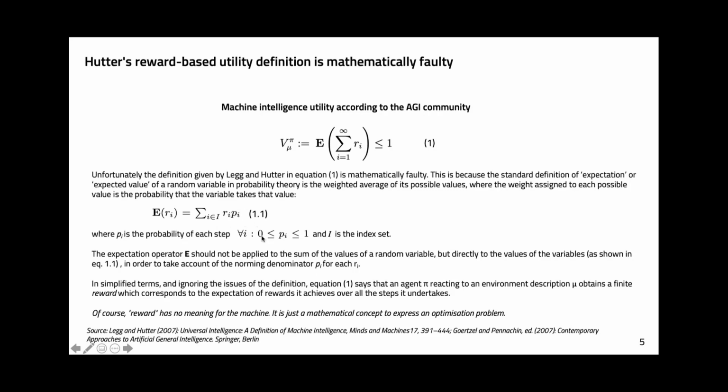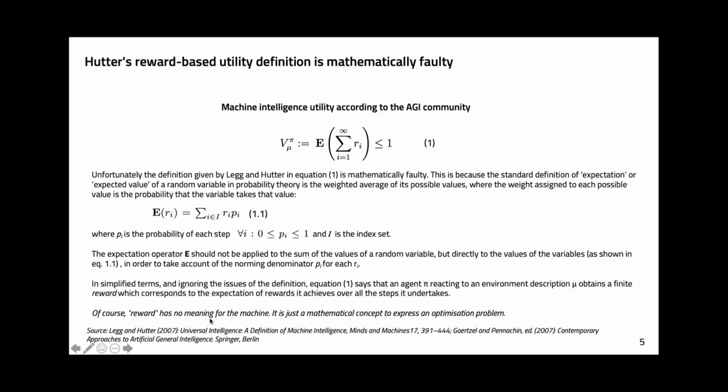So pi I is smaller than 1, and therefore it's a denominator, right? If you multiply by a number smaller than 1, it's the same as dividing by this number. So usually you need a denominator, and if you don't have one, you cannot get the sum below 1, of course. This is just mathematically silly. But they've published it, and the reviewers have accepted it, and it gets cited hundreds and hundreds of times. I'm astonished. But anyhow, a lot of crap gets cited a lot, so it seems to be human nature. But it's still remarkable that nobody has criticized this.